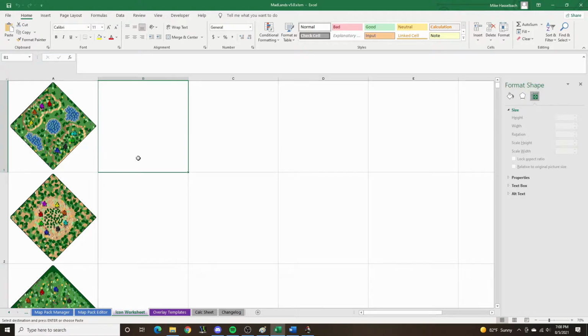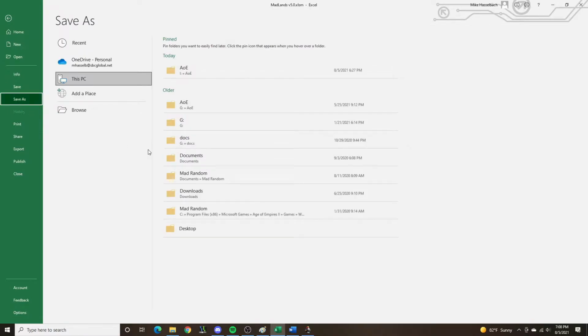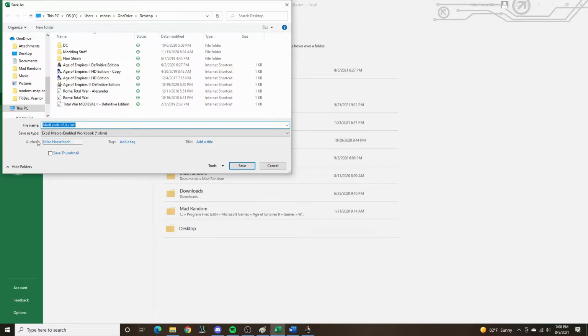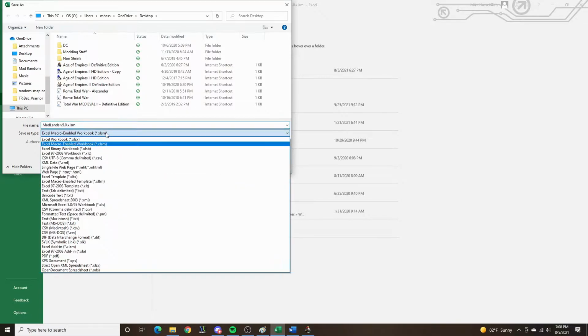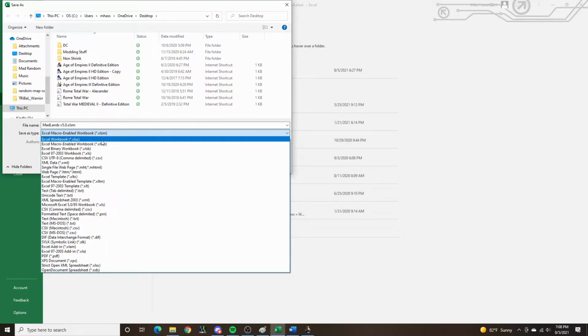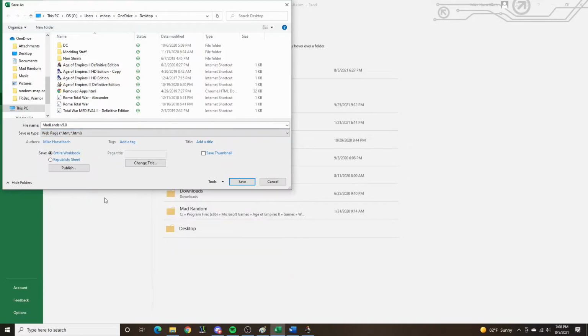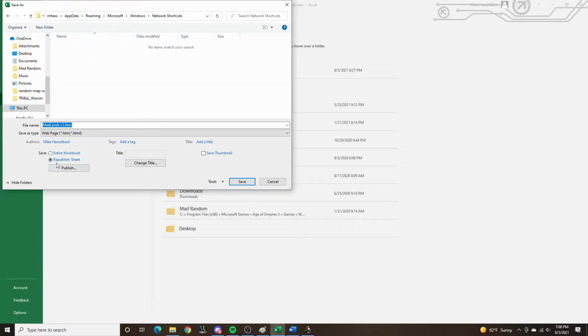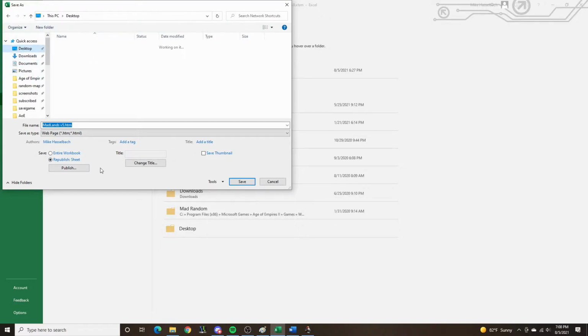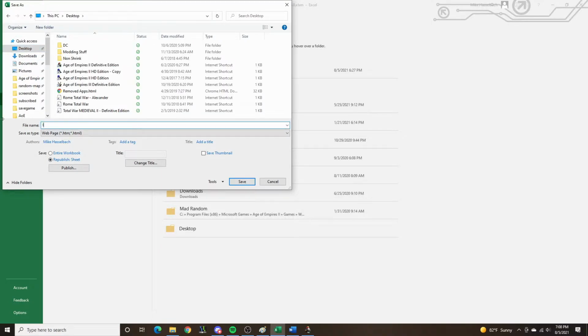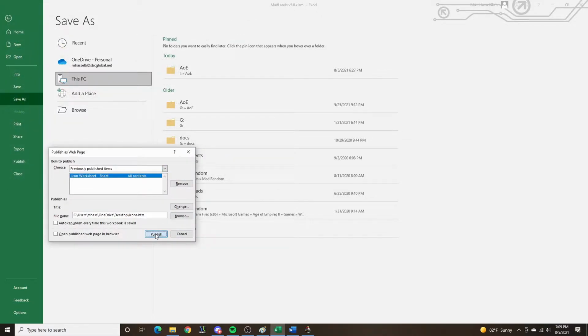So the way I like to do that is go to File, Save As, and then instead of saving it as an Excel workbook, you can save it as an HTML file. Publish only the sheet instead of the entire workbook, and we can put it on the desktop and just call it icons. So if we save that, we can hit publish,